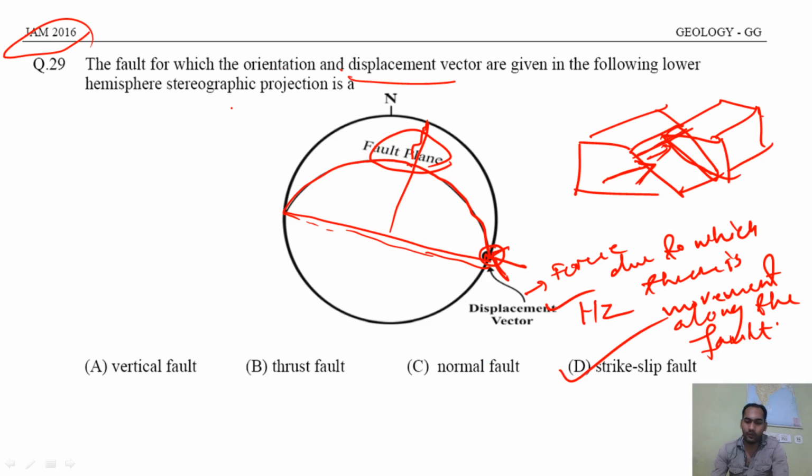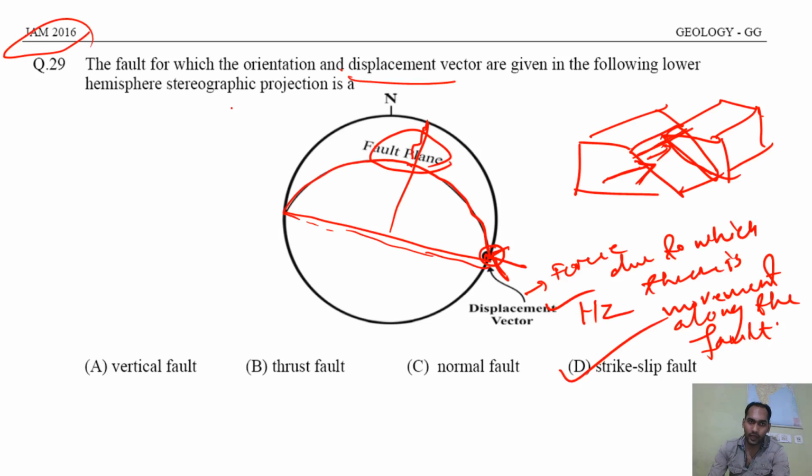Okay, so I hope all of you understood all the questions. I have 6 questions here. I'll upload the next questions on NET. I'll upload the stereographic questions on NET, because in NET there will be concepts of superposed folding and all, and also beta pi diagrams. So I'll upload that in a separate video.